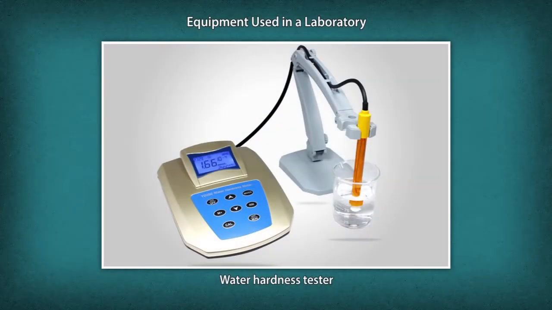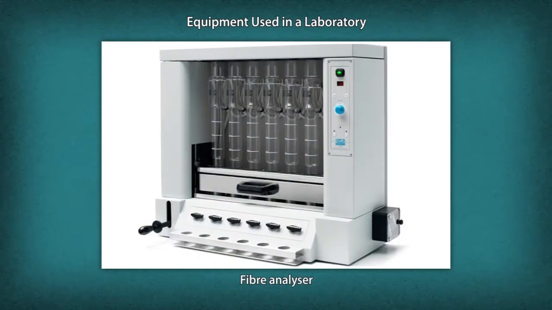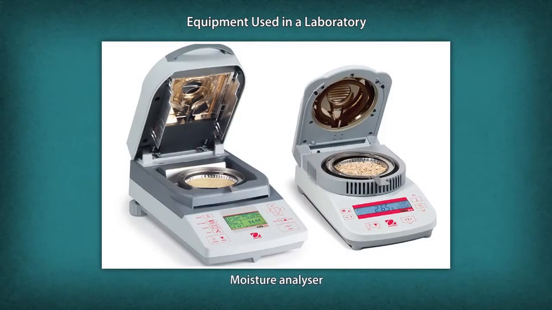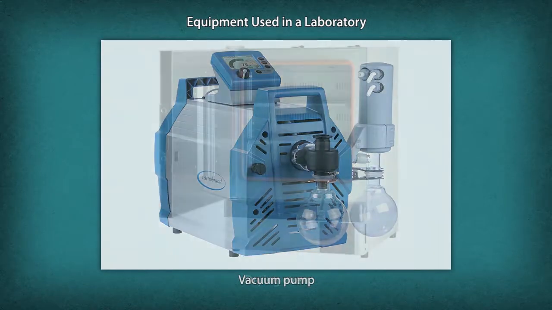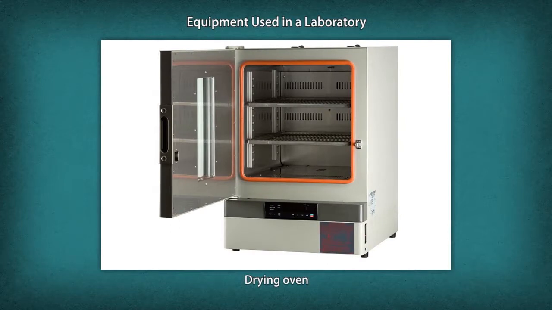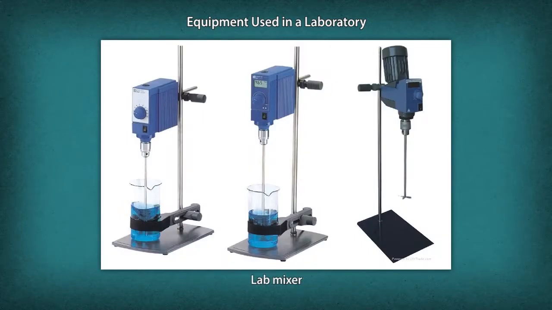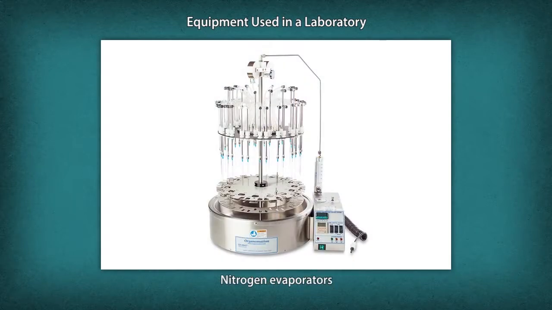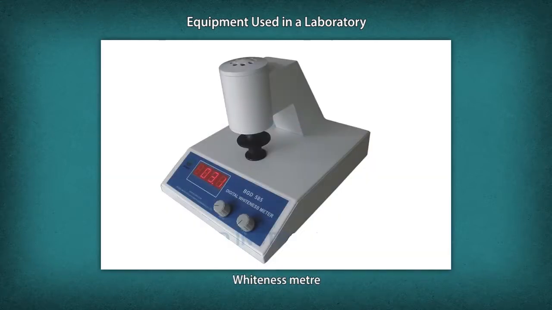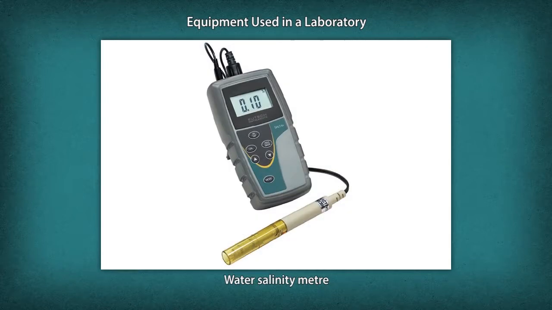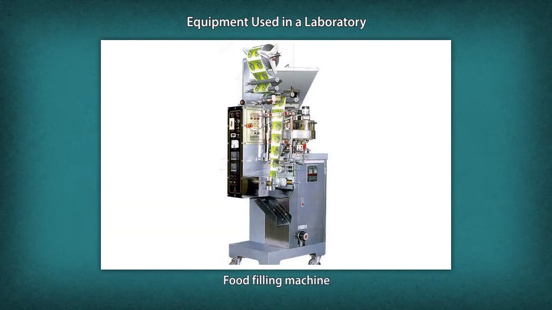Following is a list of the various types of equipment used in a laboratory: water hardness tester, fiber analyzer, moisture analyzer, vacuum pump, drying oven, lab mixer, nitrogen evaporators, turbidimeters, whiteness meter, water salinity meter, food filling machine,